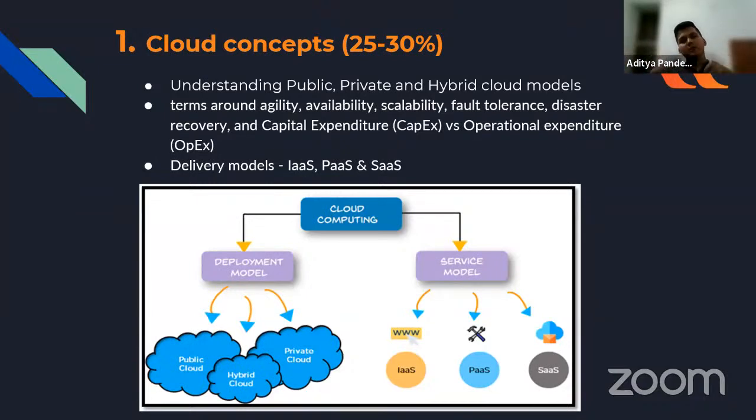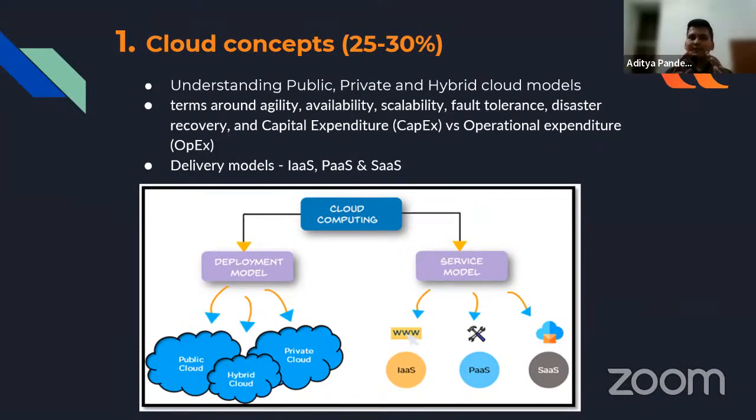Now you have your code, you are just pasting or writing your code there, and you can run your code, right? You don't have to take care of the IDE, you don't have to worry about the operating system, and you don't have to worry about the underlying hardware which you are using. So this is the basic difference between infrastructure as a service, platform as a service, and software as a service.